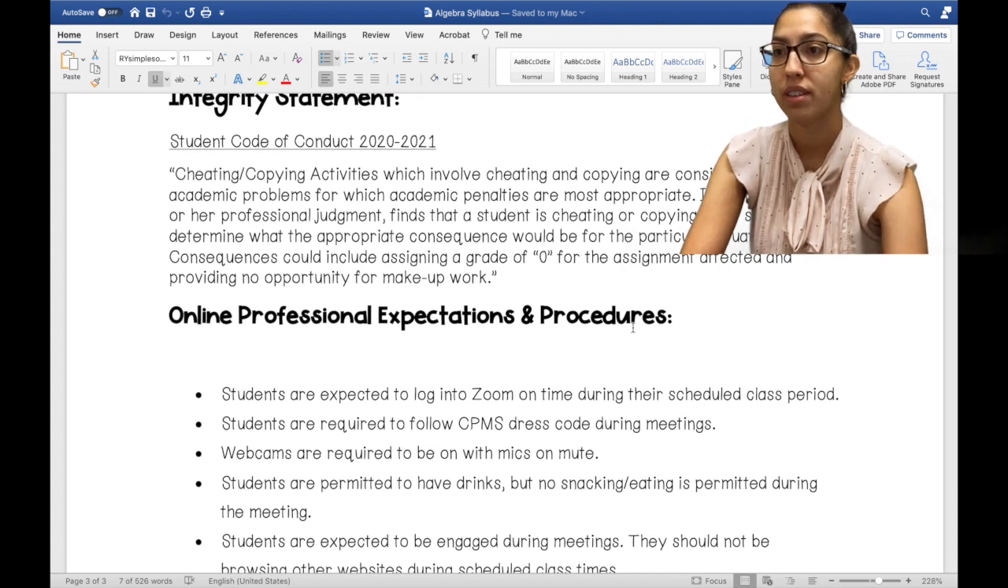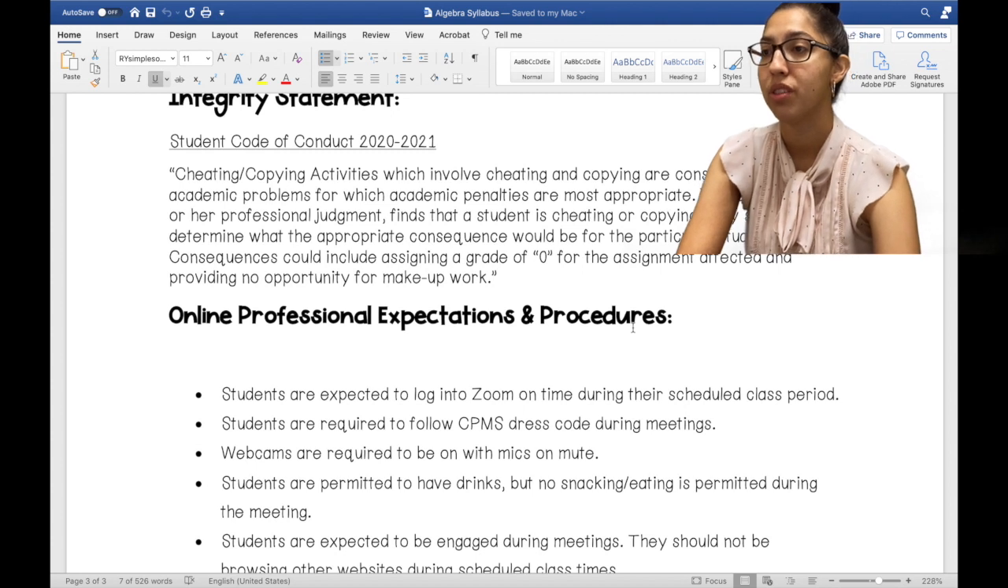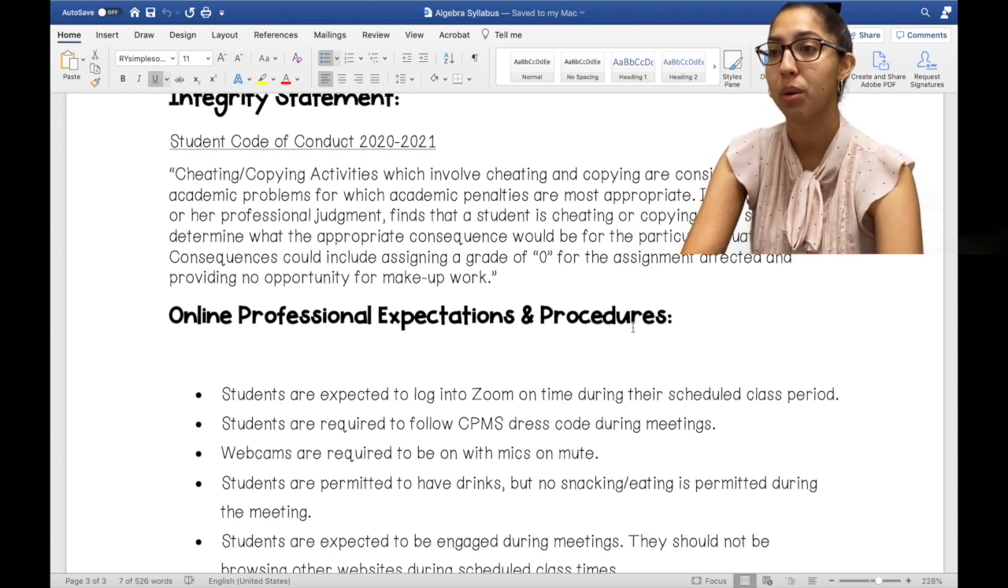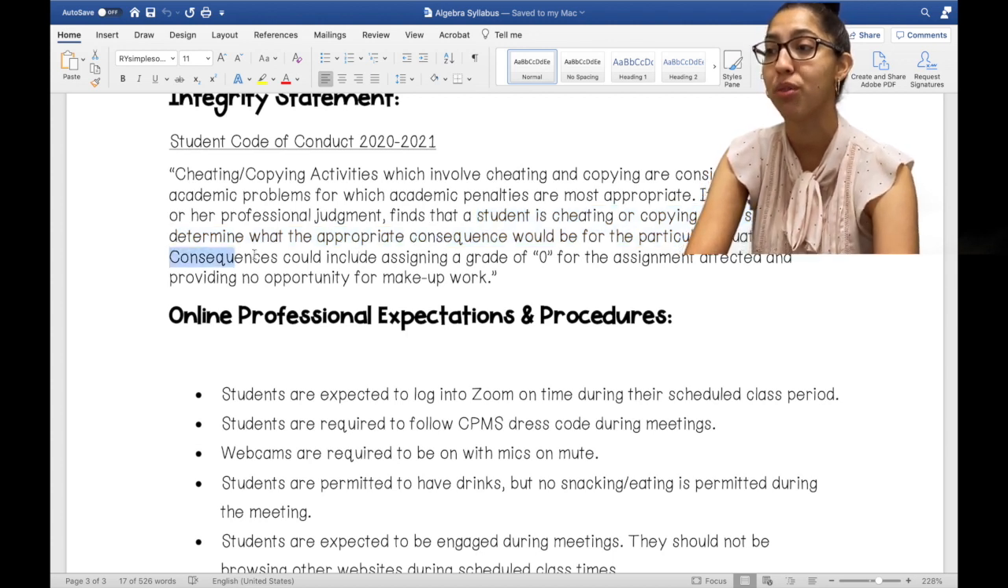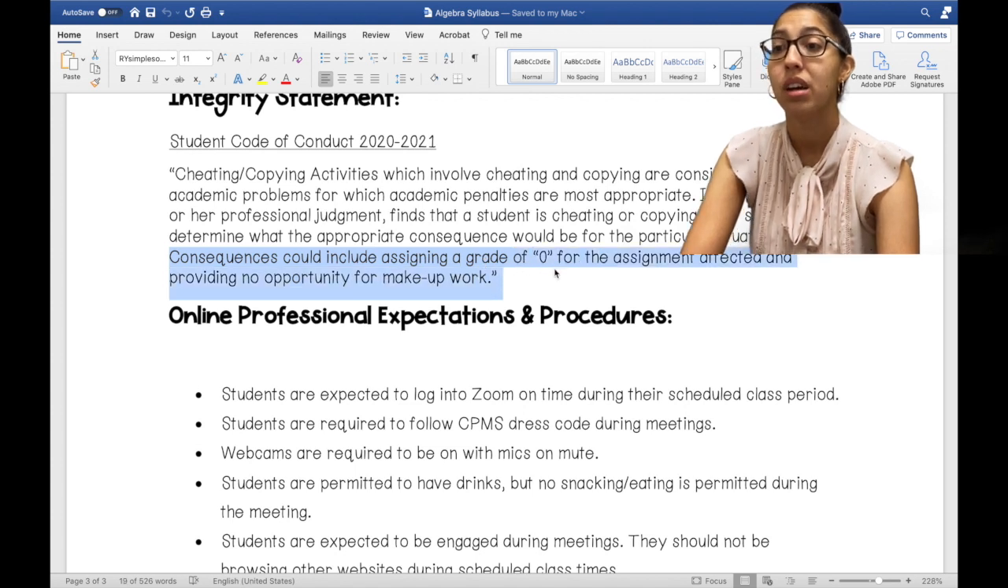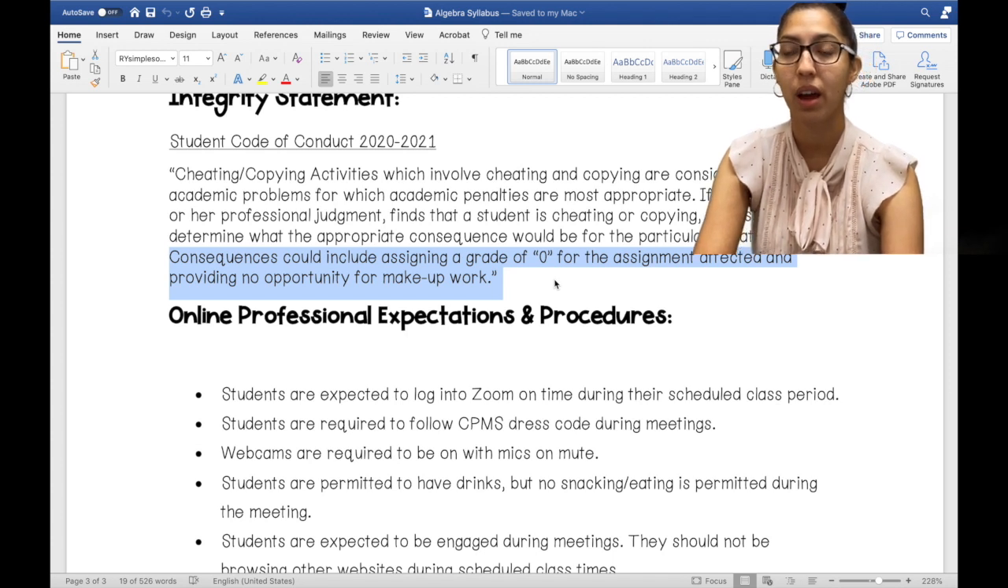You do have an integrity statement. Cheating and copying activities are considered to be academic problems for which academic penalties are most appropriate. If a teacher in his or her professional judgment finds that a student is cheating or copying, they should determine what the appropriate consequence would be for the particular situation. Consequences could include assigning a grade of 0 for the assignment affected and providing no opportunity for makeup work. So if I do find you are cheating on something, I am going to give you a 0,